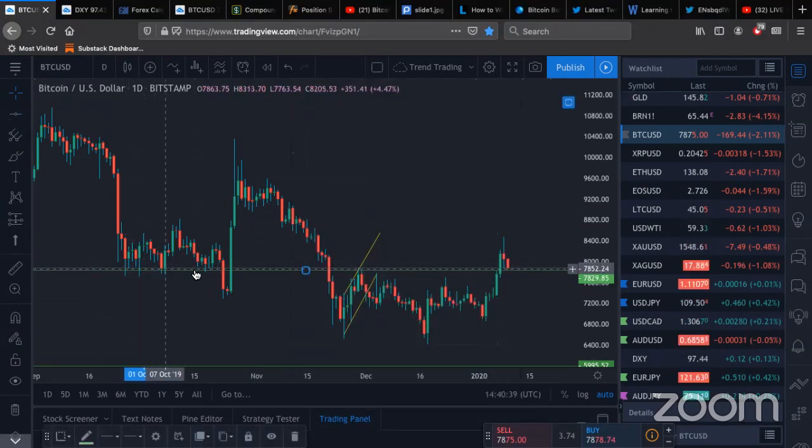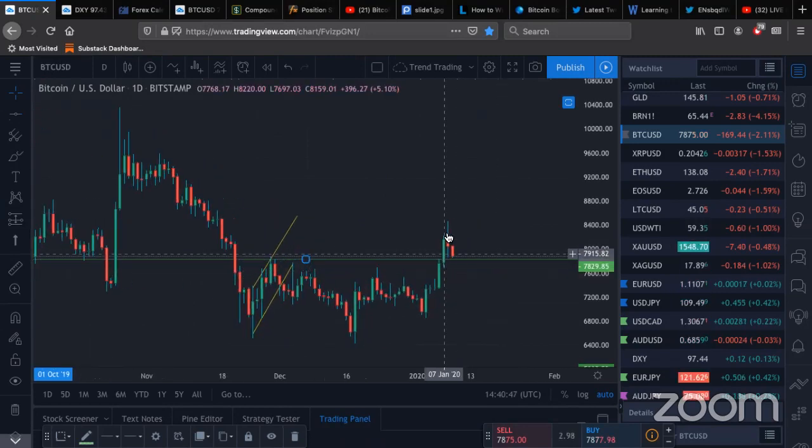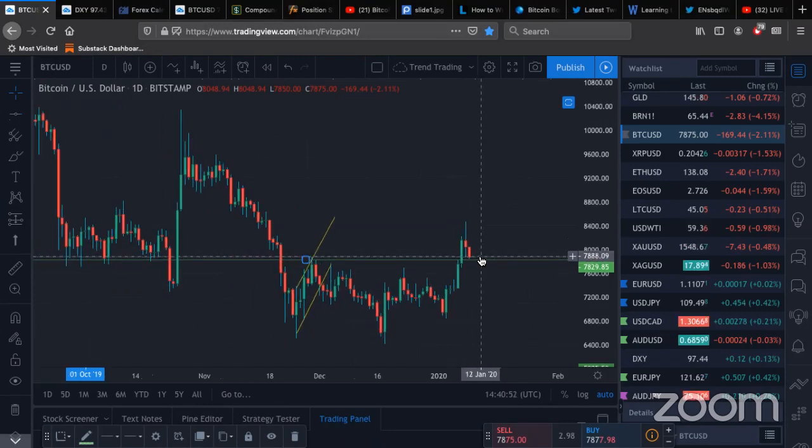I got my support over here, broke, false break, came back down again, held as resistance, and that's a pretty good line. So I'm looking at it breaking up here and coming back down and testing. If this breaks, is that a good place to get short Bitcoin? I mean